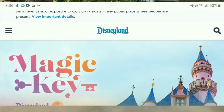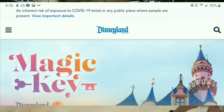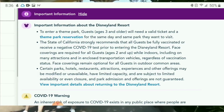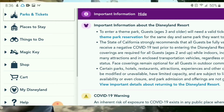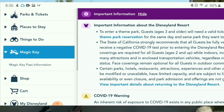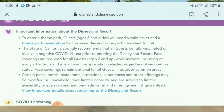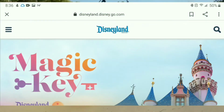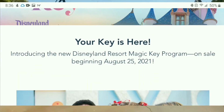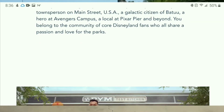First, to get to the actual page with all the Magic Key information, you go to the Disneyland website, click on the menu option, go to where it says Magic Key, and click on Magic Key Pass information. Then once you get to the page, you scroll down. Oh, by the way, these go on sale beginning on August 25th, which is awesome. So you just keep scrolling down